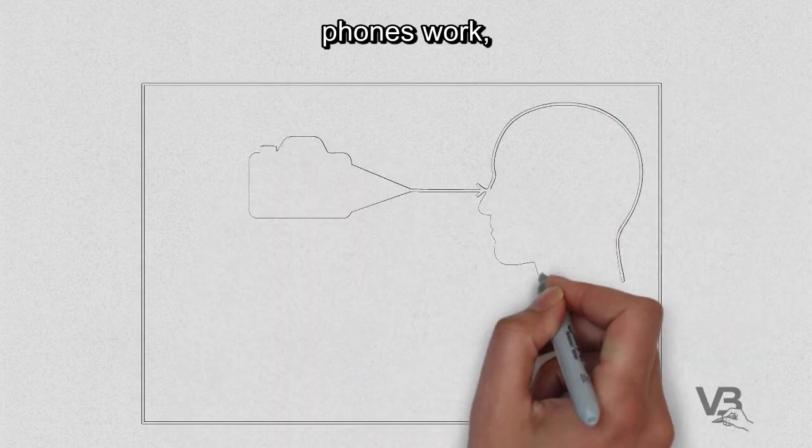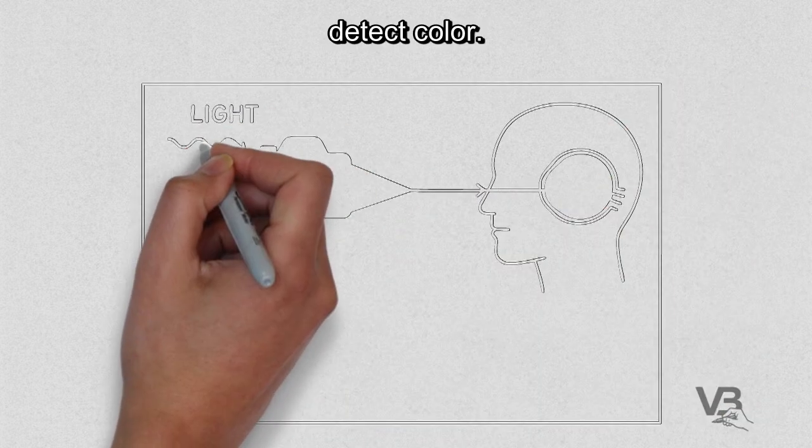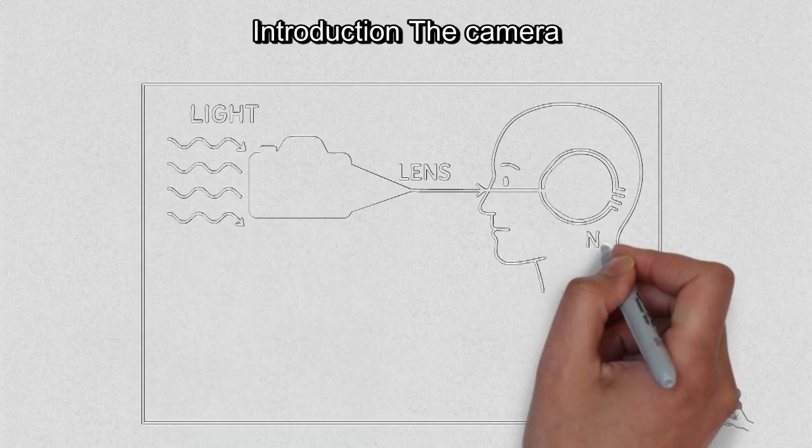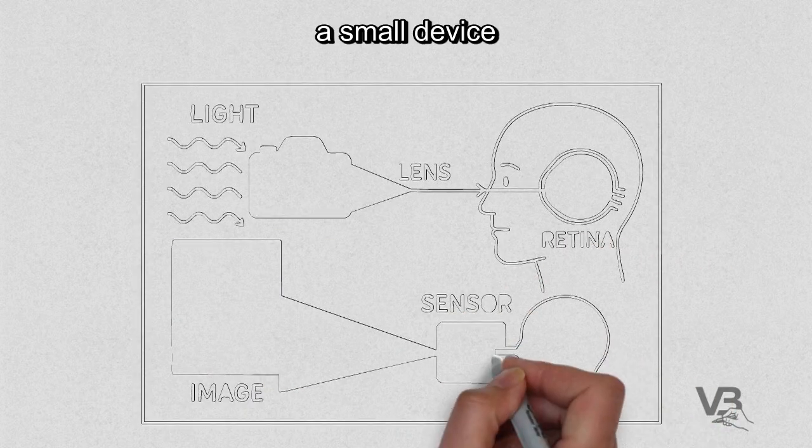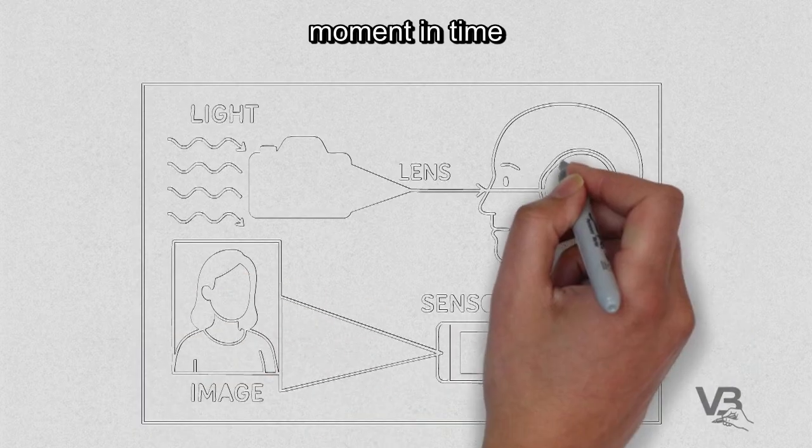How cameras and mobile phones work, and how lenses detect color. Introduction. The camera is one of humanity's most remarkable inventions, a small device capable of capturing a moment in time